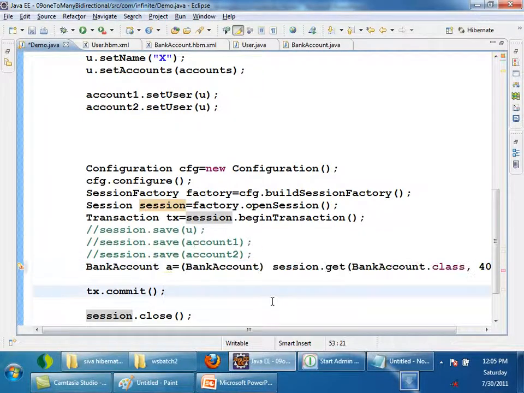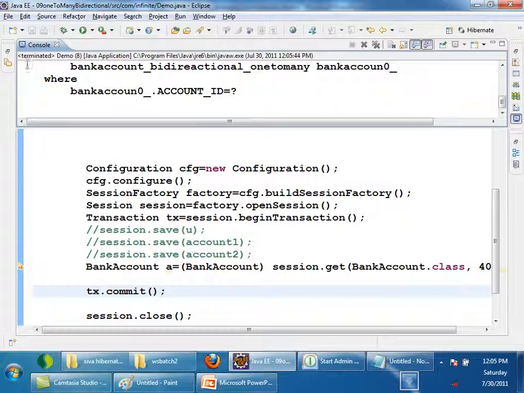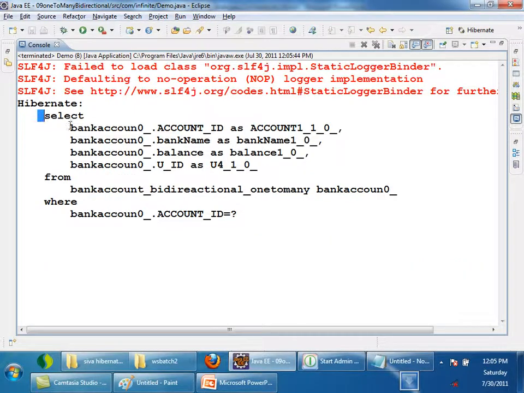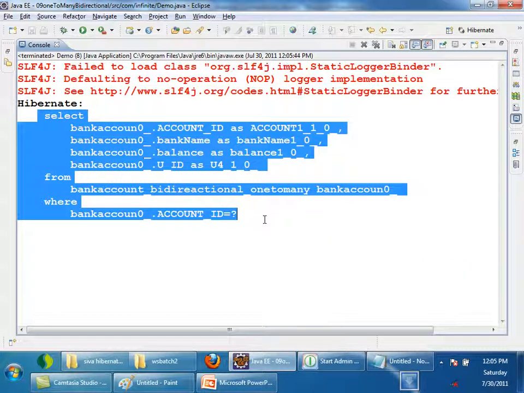Now tell me how many queries will be fired. Will it get the associated user also? Let us see. It fired only for the bank account. It didn't get the associated user.